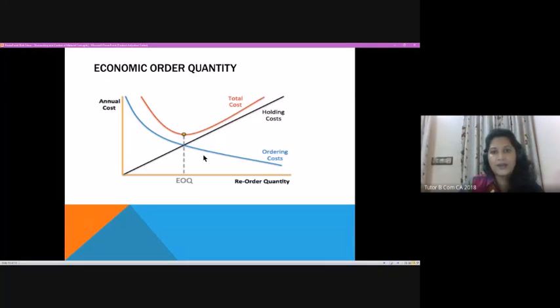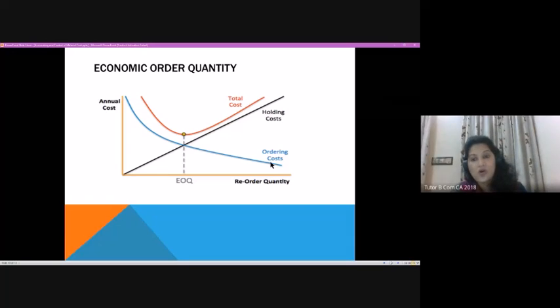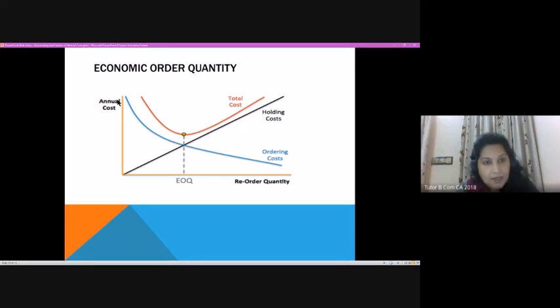So moving ahead, the diagrammatic representation of economic order quantity looks like this. You can see that as the number of units ordered increases, see the blue line, the ordering cost. When I am increasing the quantity, automatically the per unit cost of ordering decreases, because in one purchase I might be getting a discount, I might be getting a greater sharing of